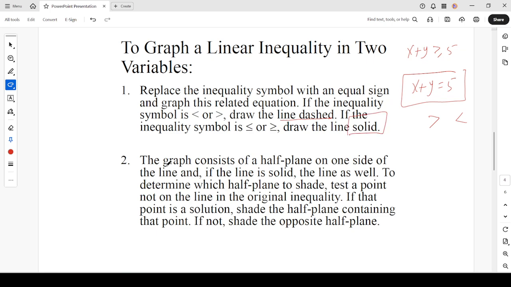Now after that, the graph consists of a half plane on one side. For example, let's say this is the graph, then this side is one half and this side is another half. Now you need to find out which one is the right solution for that particular inequality by picking a testing point. And wherever the testing point satisfies that inequality, that is the solution for that inequality. Okay,